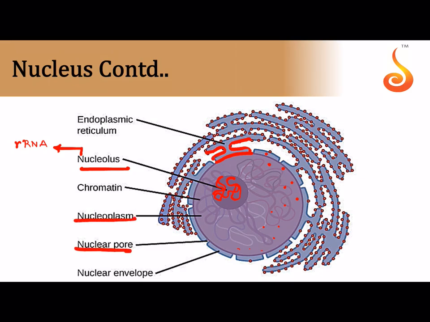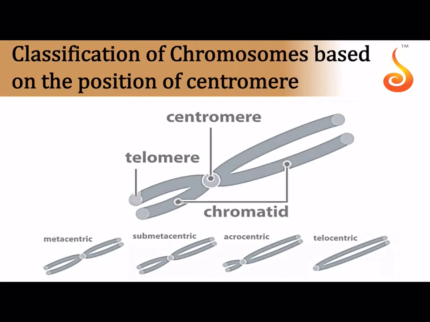Then there is nucleoplasm. There are nucleopores. Nucleopores are those regions where nuclear envelope is not present. Substances are allowed to move in and move out, of course, with strict surveillance. Okay. Then you have the nuclear membrane. Yeah, we already finished about the nuclear membrane. And notice how the outer membrane of the nucleus is in continuation with endoplasmic reticulum.